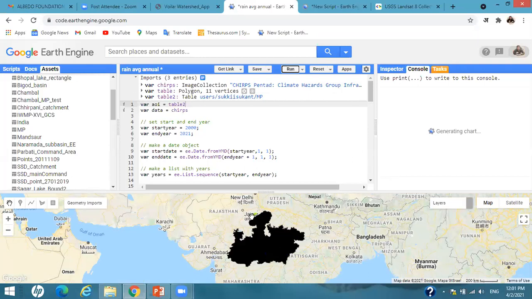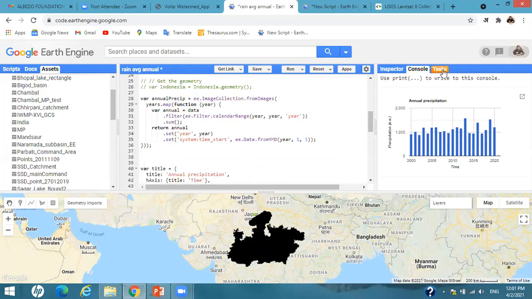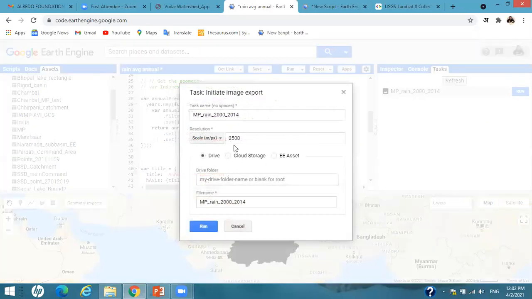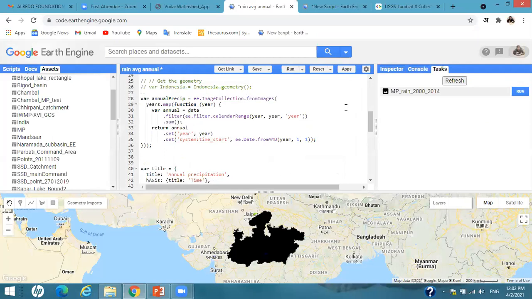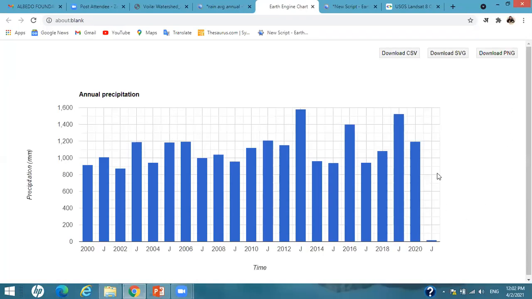So you can see the image, but when we are doing some analysis of rainfall, you don't need to get an image. But if you want to download this image, I have written the code in such a manner that you can download the average and the summation value from 2000 to 2014. If I click on run, it will ask me for the path, and the data set will automatically download to my Google Drive. And in this panel, you can see the graph has been generated,